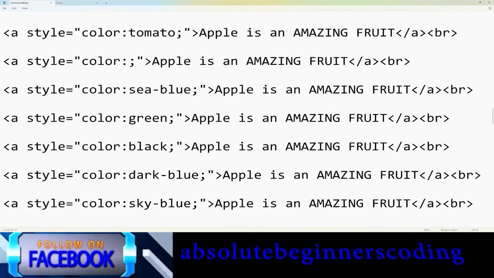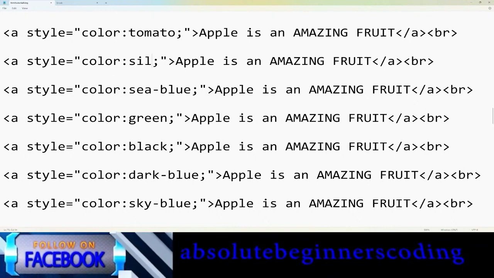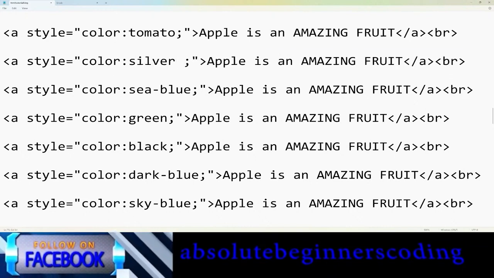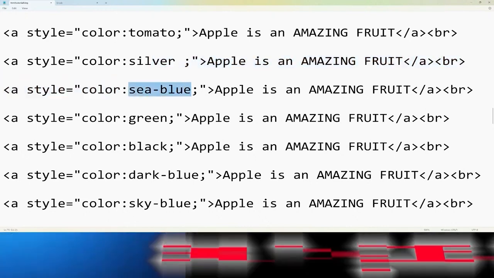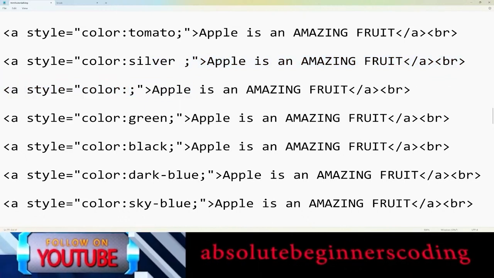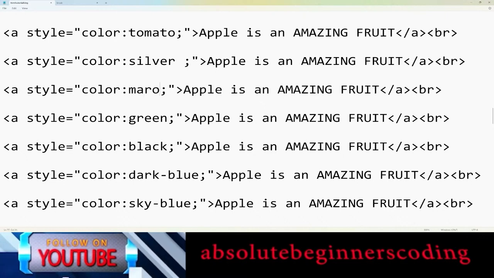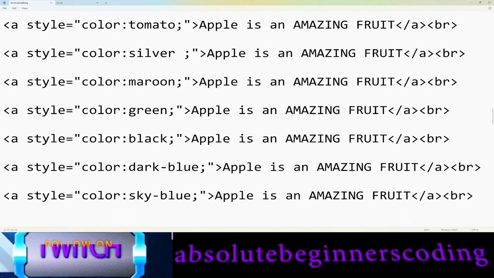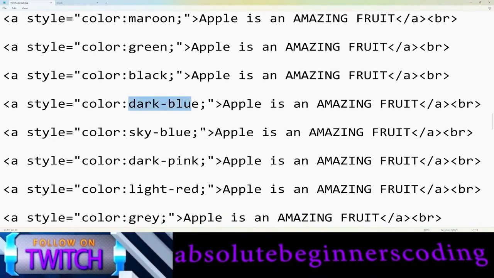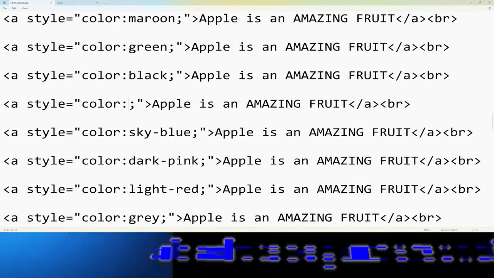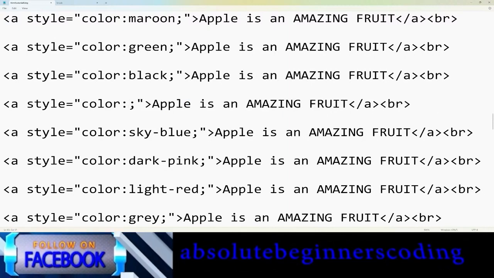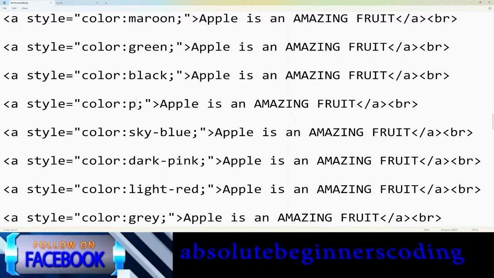Okay, we're gonna change it into silver. Silver is pretty much available. Sea blue is not actually a color, and I can use maroon instead of sea blue, and green is fine, black is fine. Dark blue is not an actual color name inside the CSS or HTML. So instead of that, I'm going to use purple,